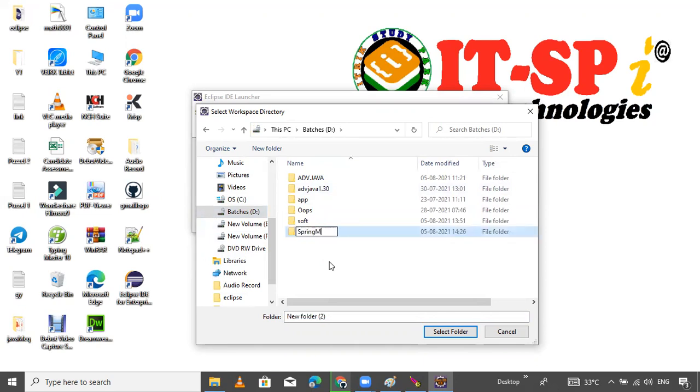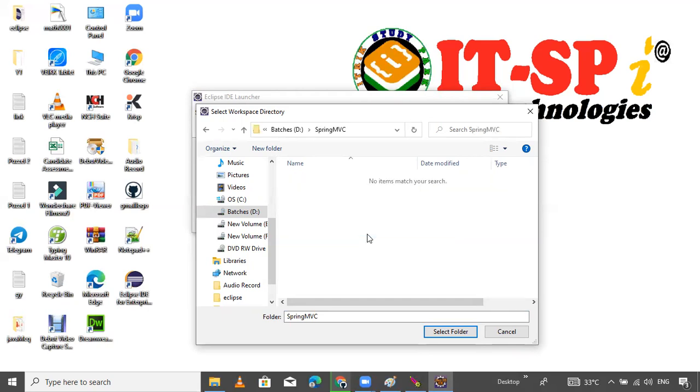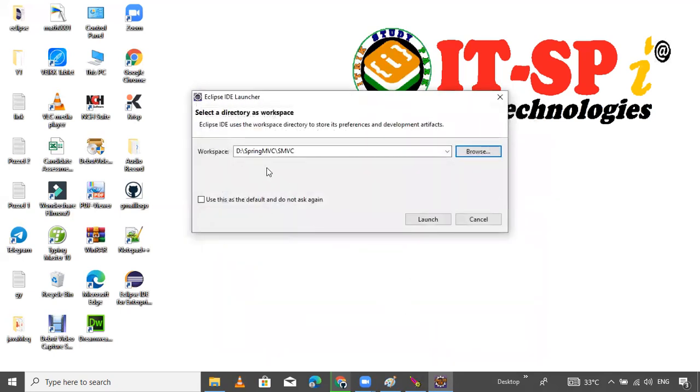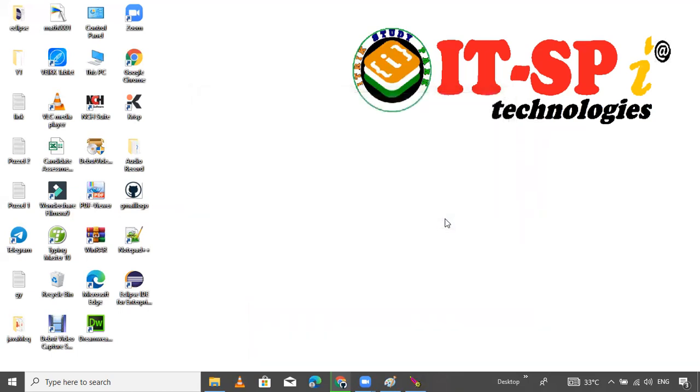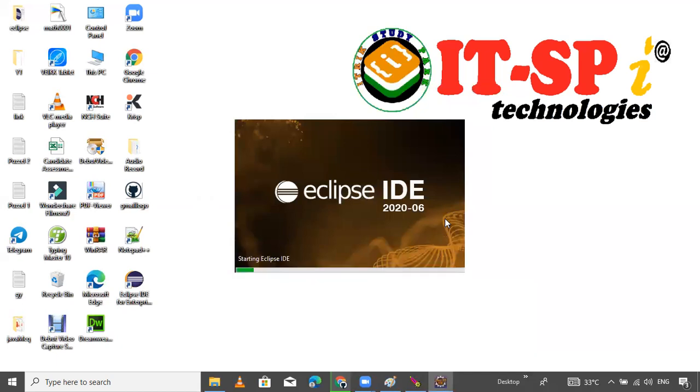Spring MVC. Inside the Spring MVC, Example. Spring MVC Example. Okay. Just select this folder. Now it's okay. Launch. Now it's launching.